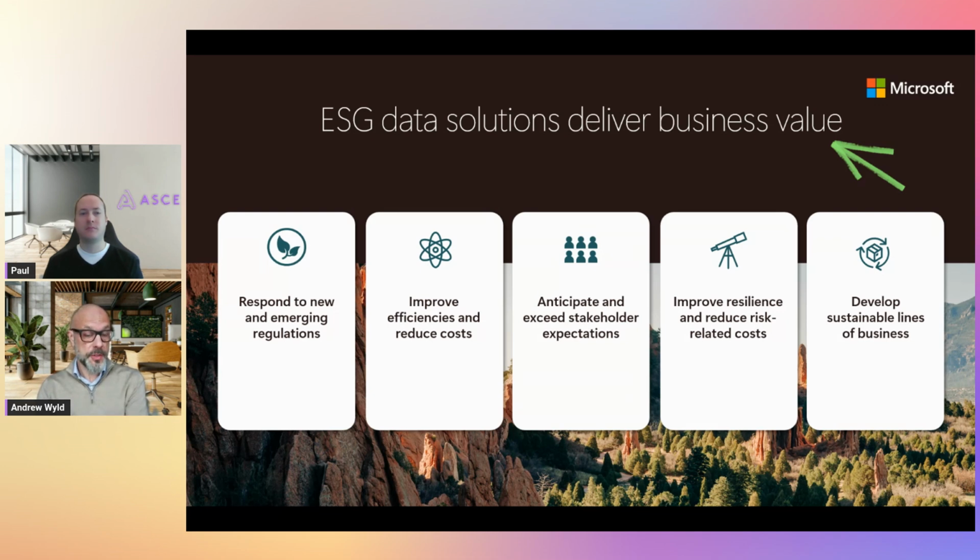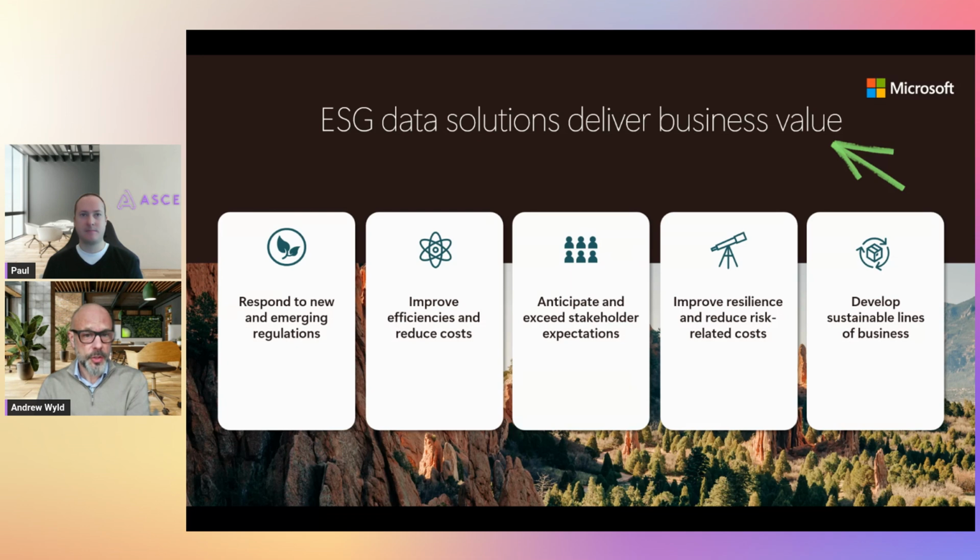It will improve efficiencies and reduce costs because you are looking at how you can automate a lot of that data. But once you've got that, using some of the new AI capabilities, having the right data in place allows you to look at that underlying data and run what-if scenarios. What happens if I change from supplier A to supplier B? Does that have an impact on my carbon emission output? What is the commercial impact of doing that? So there are some absolute benefits that can be seen from that.